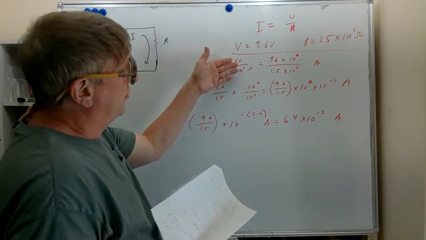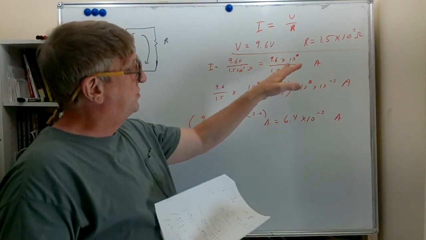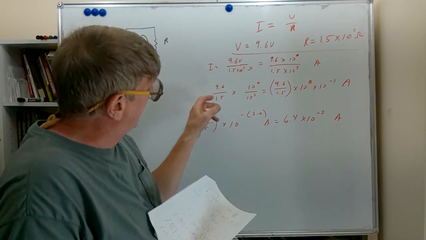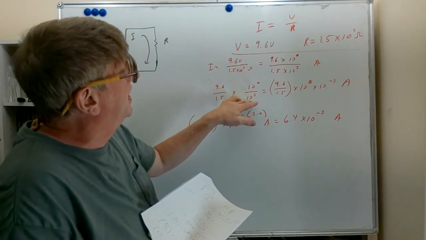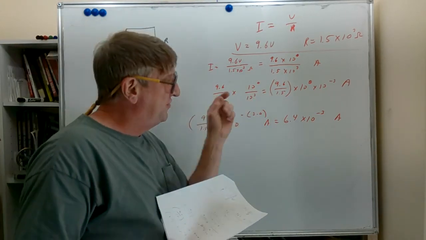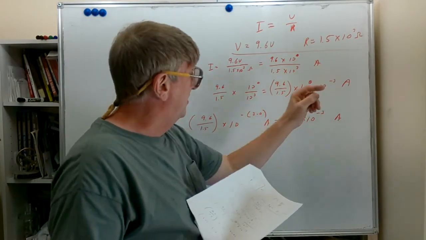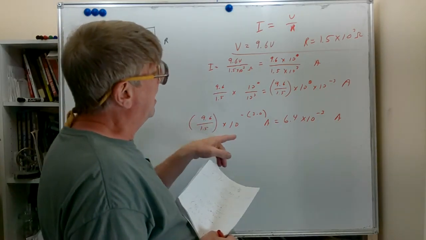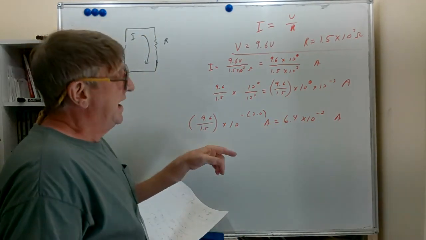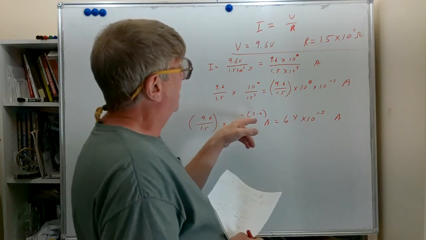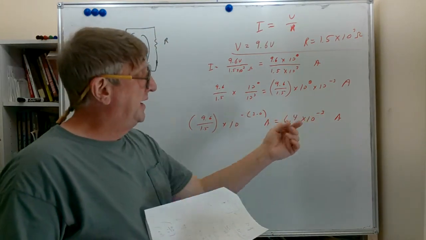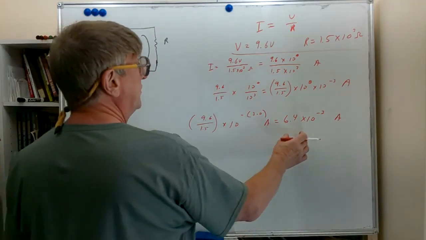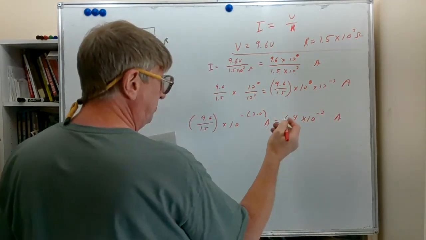We put those into the formula, rewrote these both as powers of 10, separated the numerical part from the powers of 10, and converted the division of the powers of 10 to a multiplication. Then we did the calculation of the numerical portion and of how we multiply powers of 10. So we have 6.4 times 10 to the minus third,